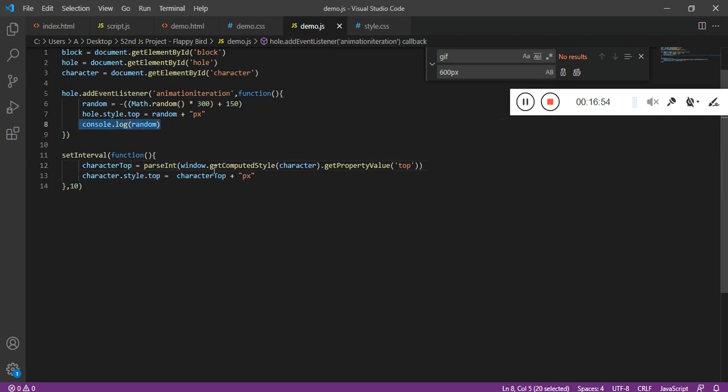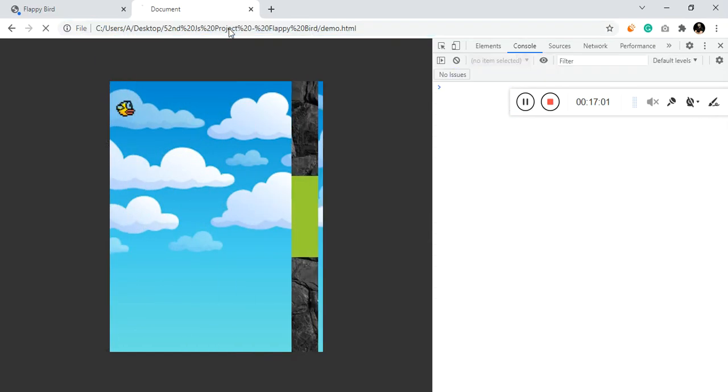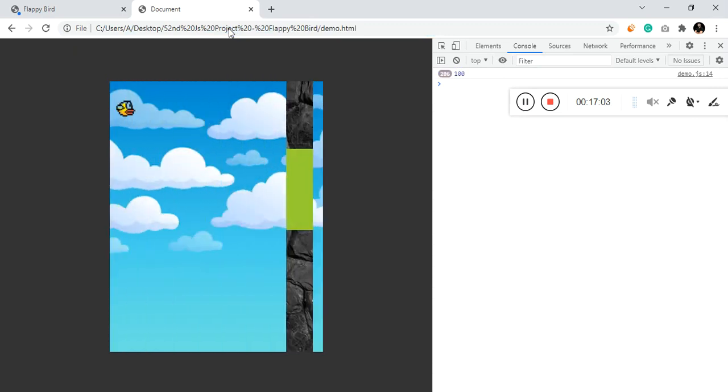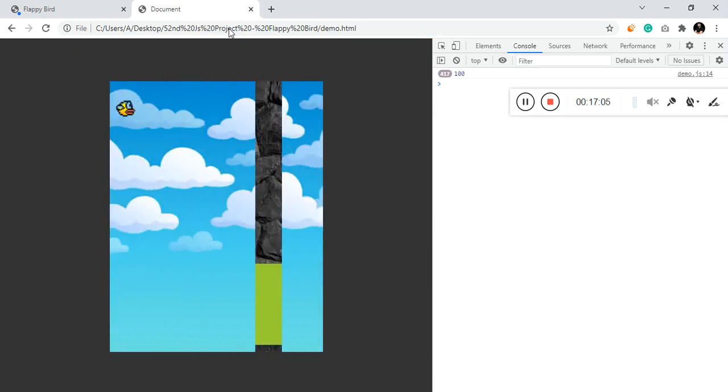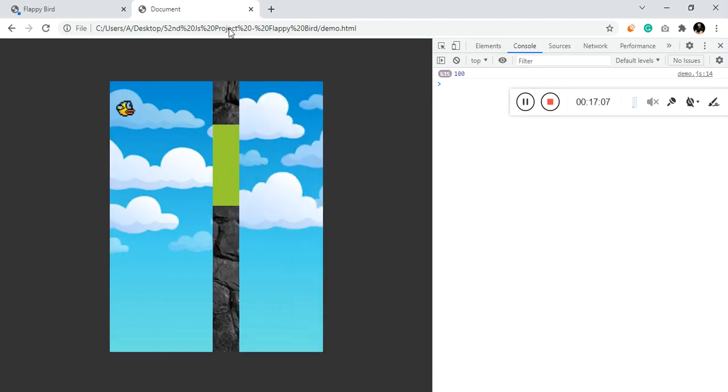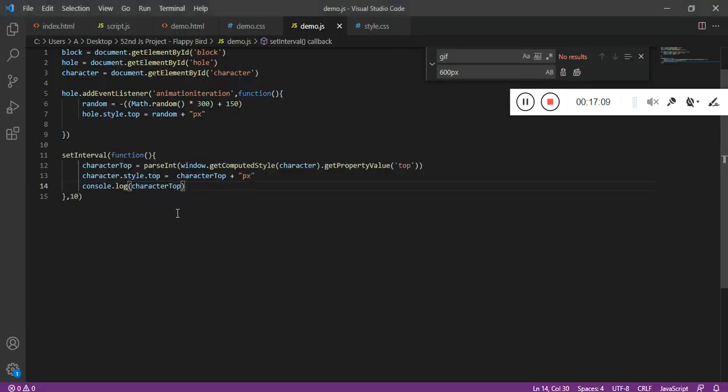The top position of the bird is 100. If you remember, we have given position absolute and the height as 100 pixels, so it is going to be 100 all the time. Since it is 100 all the time, we need to add the falling effect. So let's just make this +3.